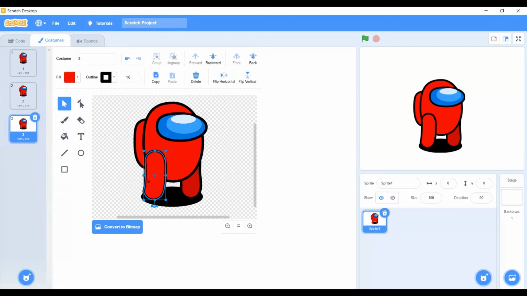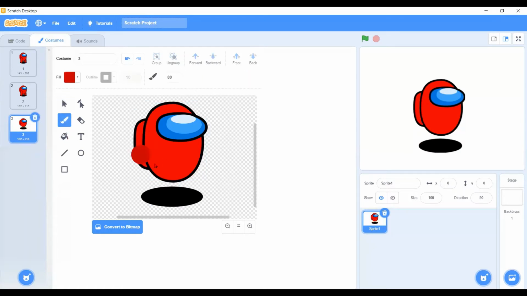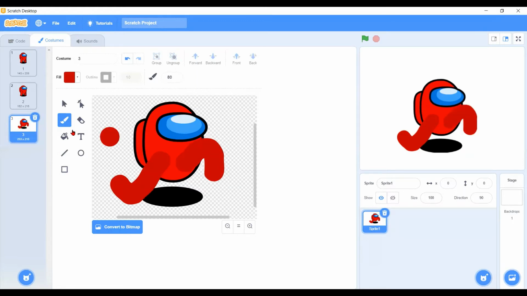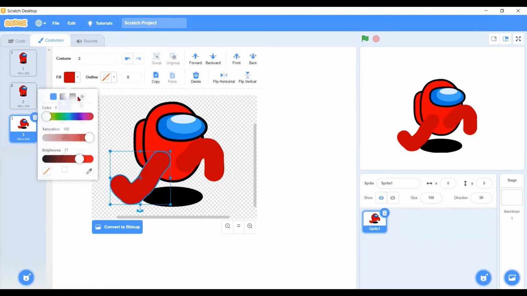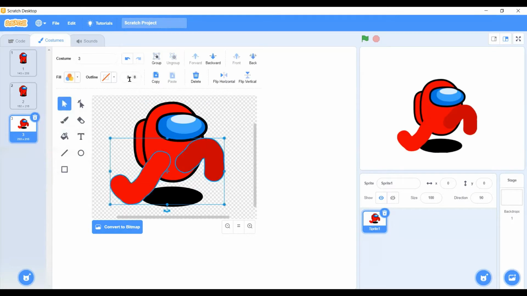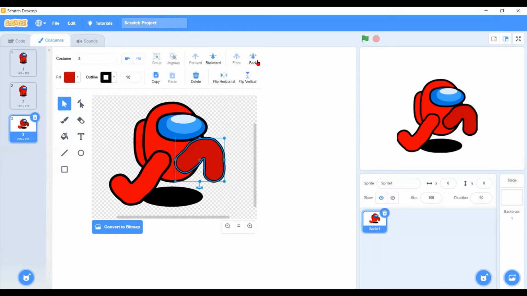This time we'll throw away the legs. Both legs we're going to throw away, and then take the brush again. We're going to draw the leg for him. This is the front leg. Okay, so now this leg we have to put in red, and then both legs we will give a 10 outline. Okay, we send this leg to the back